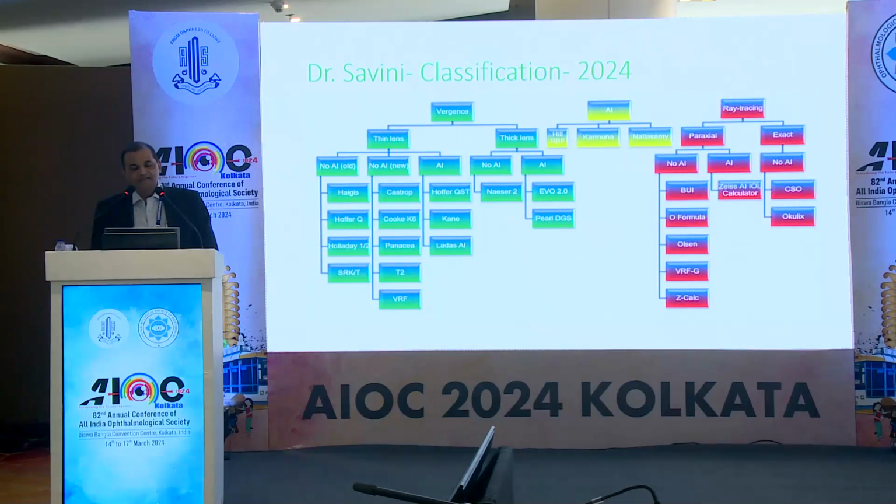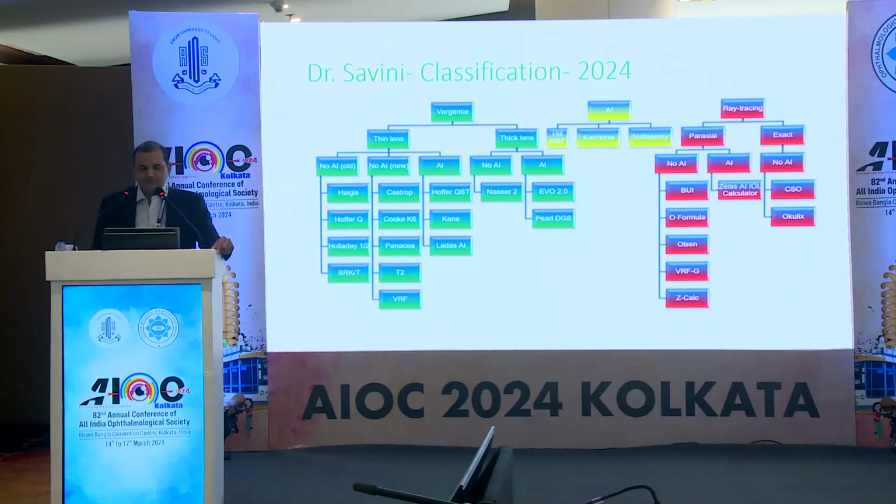So all these thin lens formulas which have incorporation of the AI work very well at present. For ideal optics, a thick lens based formula on the virgin optics, the non-AI one is the Nizar 2. It was recently published two years back. It works very well in the majority of eyes. The only problem is the same as the T2 formula. It is also on an Excel sheet, so you are not going to evolve it further.